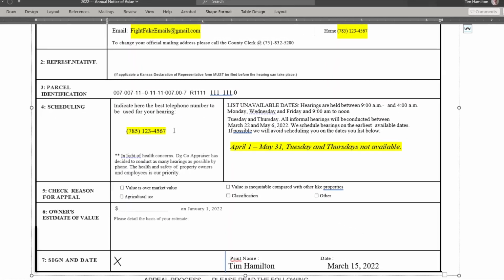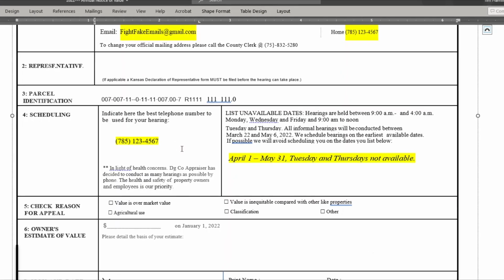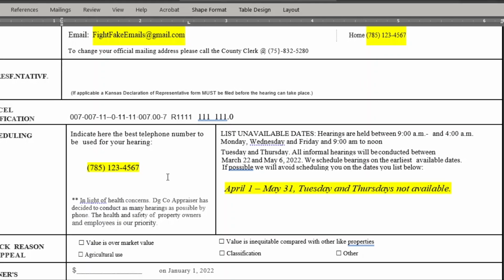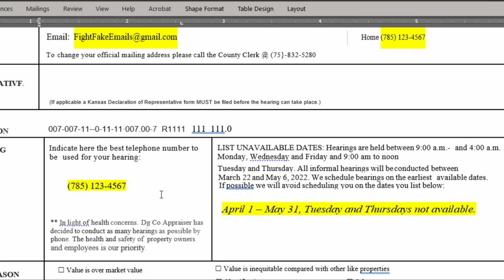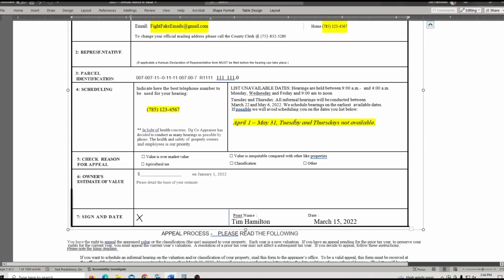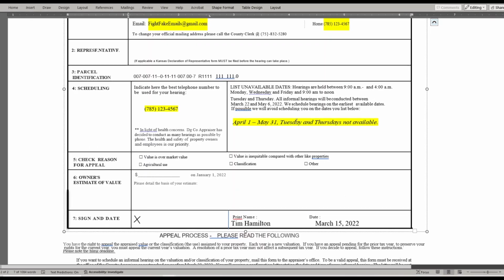You don't have to have a lawyer or CPA to be your representative. You can have your neighbor, you could have your son, your daughter, your parent, friend, you name it. You can put anybody as your representative. That is one nice thing here in Kansas, is that anybody can be a representative for anybody else.